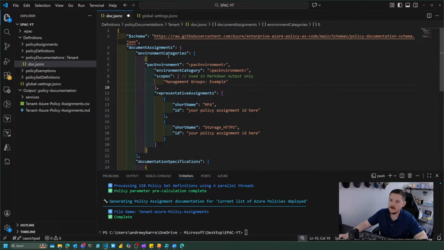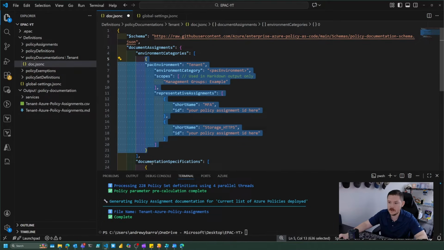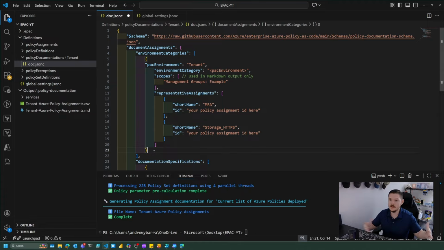Starting from the top, you'll notice instead of saying document all assignments, now it says environment categories. Environment categories are going to be very specific scopes of where you want to document. So maybe for you, it's going to be your PAC selector. For me, I'm going to update PAC environment with tenant. But maybe tenant isn't the best description for this environment. This was mostly developed in the beginning when we rolled out EPAC. If you want to have multiple different PAC environments in this one file, you can. You can copy essentially this section and paste it multiple times to document multiple PAC selectors, combine it together,